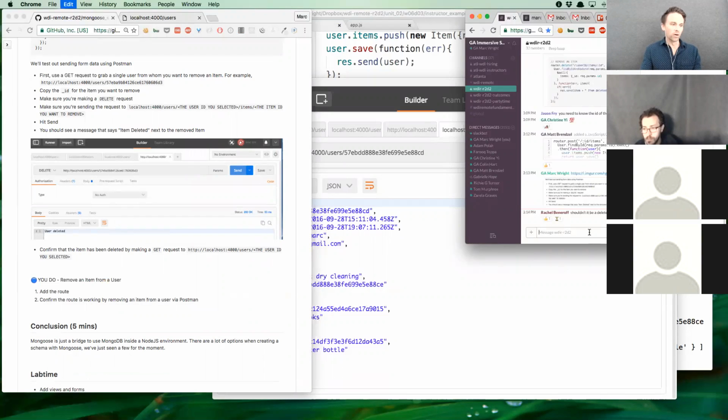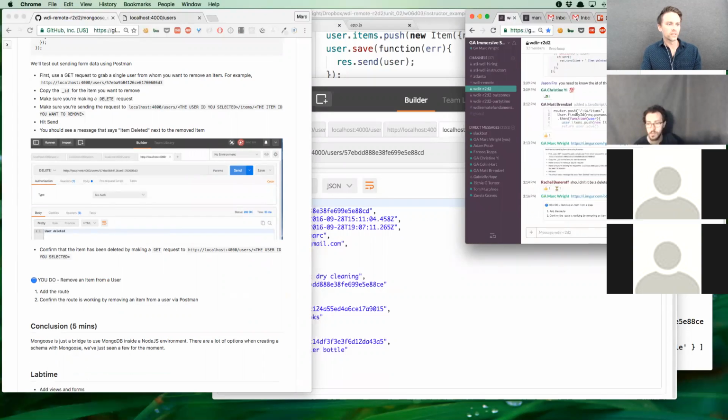And then we have about 15 minutes left. So let's do this. Go ahead and add that, deleting an item, removing an item, to your code. And then I want to put this challenge to you. And we'll do this in the next like 14 minutes because I want to hand over the mic at 3:30. But once you finish that, take a few other minutes and see if you can